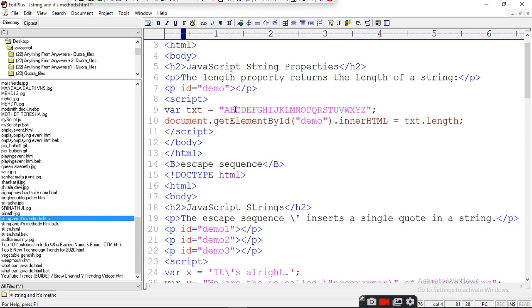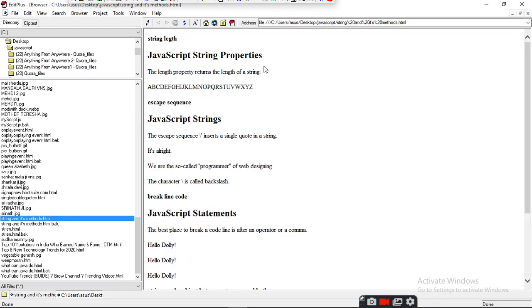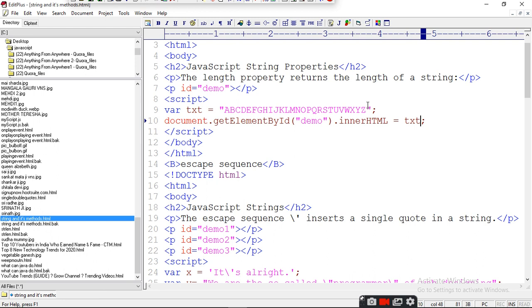Here I have written a b c d till z and I want to display it. It is displaying the length. Suppose I delete it and say this, then it will give you the whole string which you have written in double quotes, or it could be single quotes.